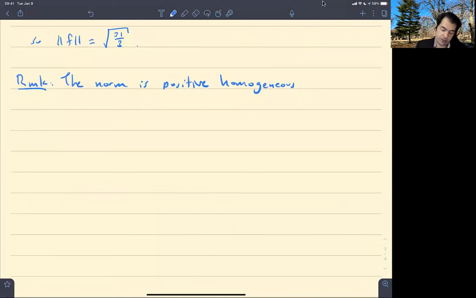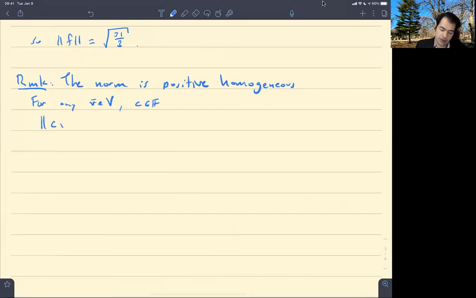Remember, we saw homogeneous when we talked about linear maps. Homogeneous meant that multiplication by a scalar gave the same answer whether you did it before or after you applied the linear map. The norm is positive homogeneous, and what that means is that for any vector v and c in the field,